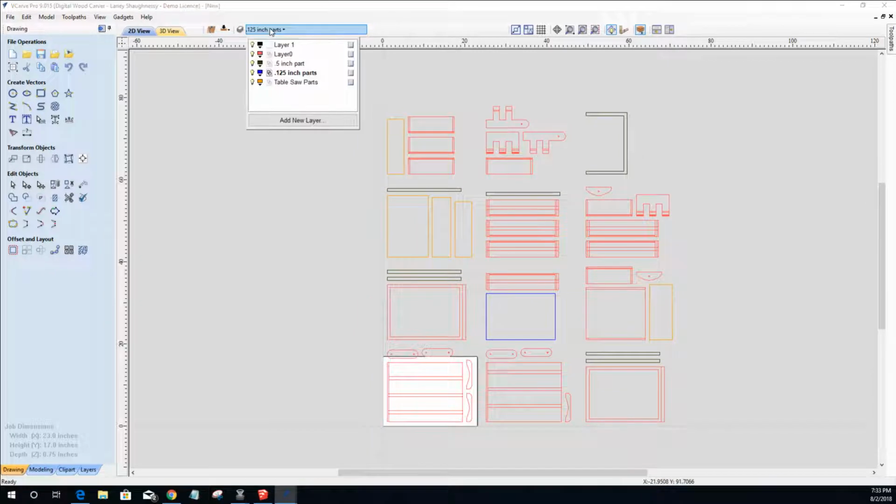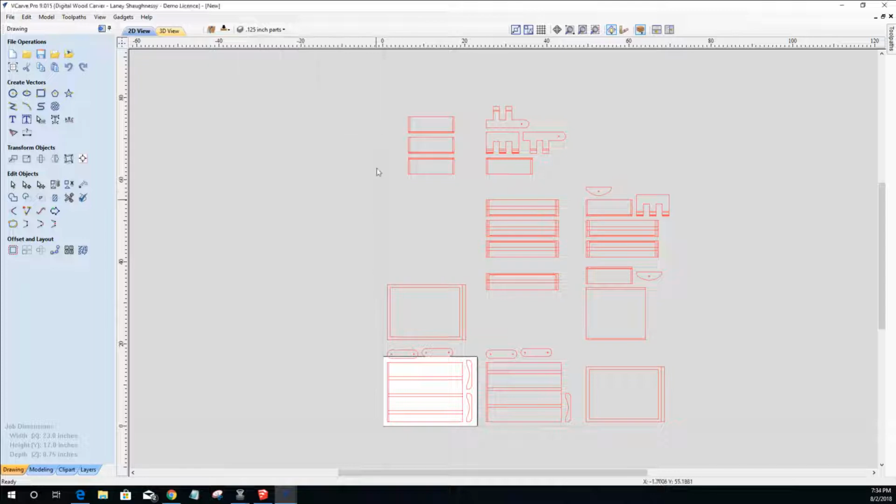And so now I can go ahead and turn off those 3 layers to hide those parts, and the only thing left behind are the parts for cutting and everything that I'm going to cut on the CNC. Now I'm going to go ahead and select all of those remaining parts, and we're going to go over to